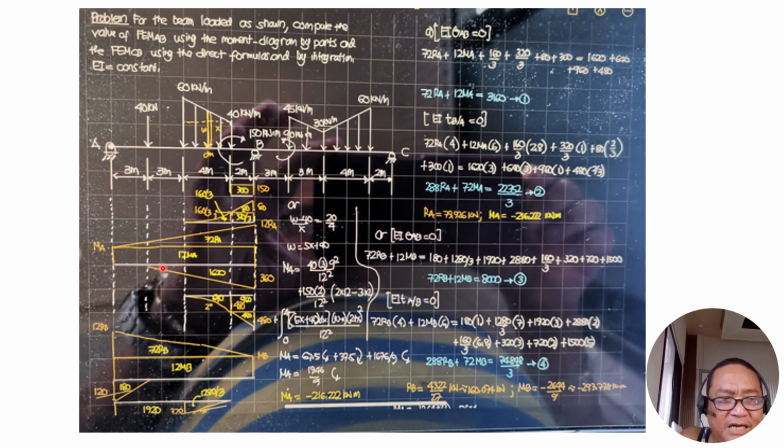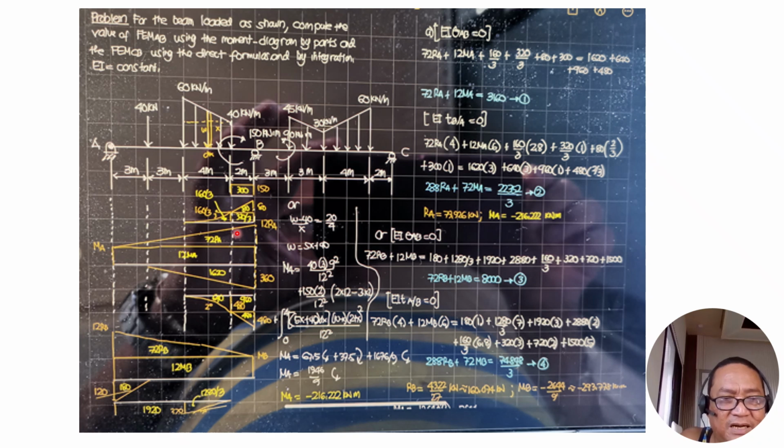So we assume that the fixed moment at A is positive. I select B as the moment center, although you can choose either way. You can make A the moment center in the second solution. You can proceed with moment diagram by parts either left or right, depending on which situation is simpler. So I choose B as the moment center.